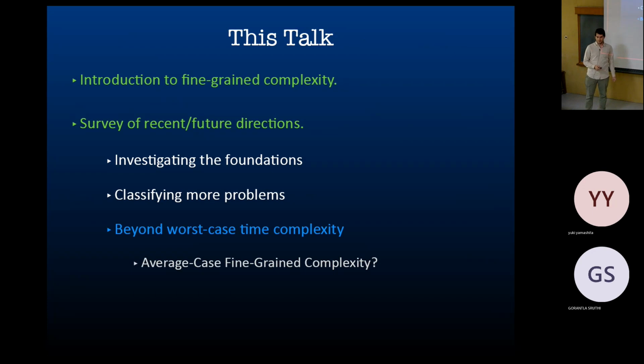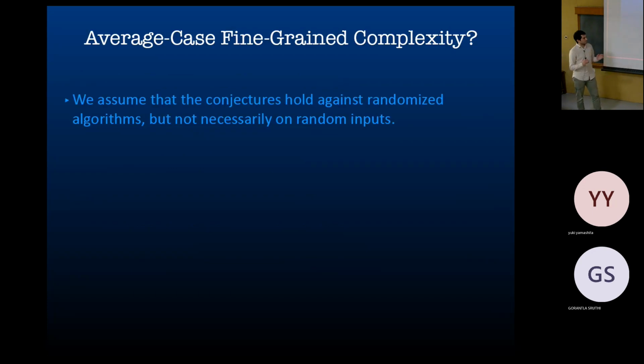So what's happening there? We assume that the problems are hard against randomized algorithms, but we don't necessarily assume that they are hard on a random input. Think of a uniformly random graph, or 3-SUM with uniform numbers drawn from some natural distribution. Maybe it's hard, maybe we don't really know. Sometimes we know, but for a lot of distributions we don't know if it's easy. But we would like to prove this. So show a reduction from the worst case to the average case that would prove this.